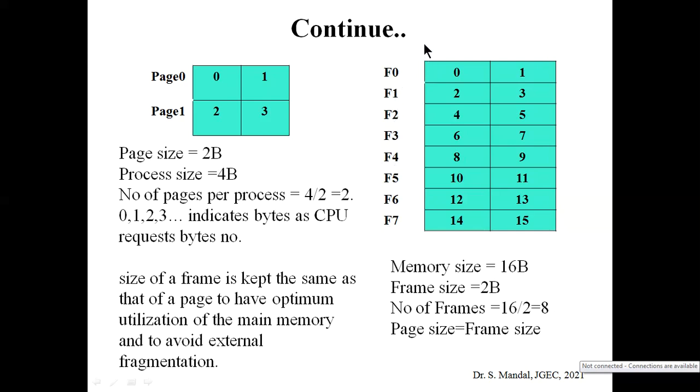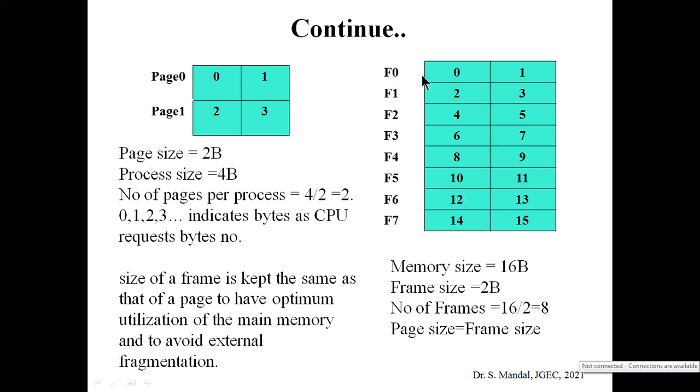Obviously there is another part of low memory where the OS will remain, so we are neglecting that at this time. Here we are just considering the high memory, where the user process or pages can be loaded. So you can see that the 16 byte memory addresses are divided into 8 frames: f0, f1, f2, f3, f4, f5, f6 and f7. It should be kept in mind that the starting index of frames or pages should be 0. So 0 1 2 3 4 5 6 7.